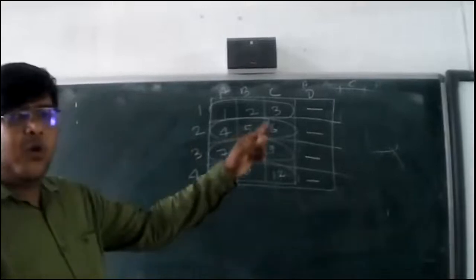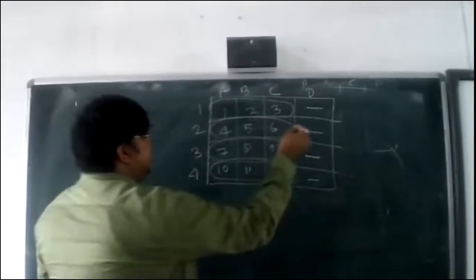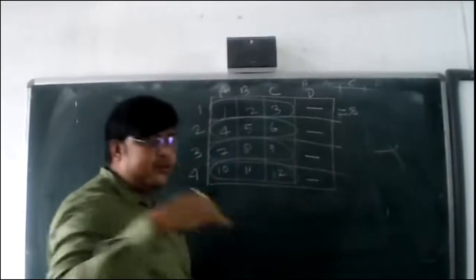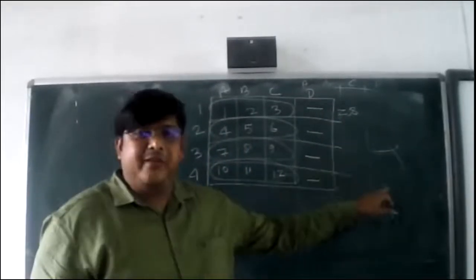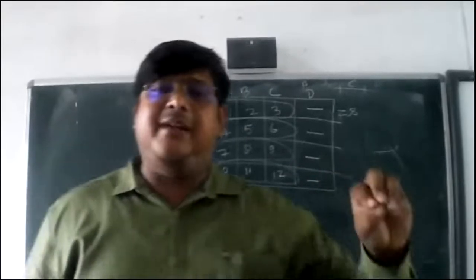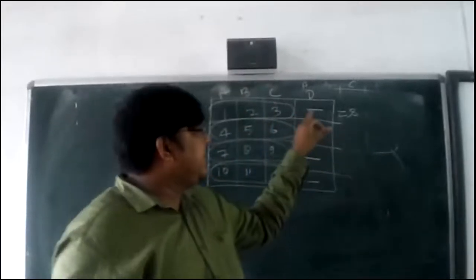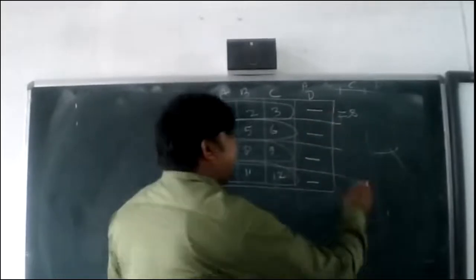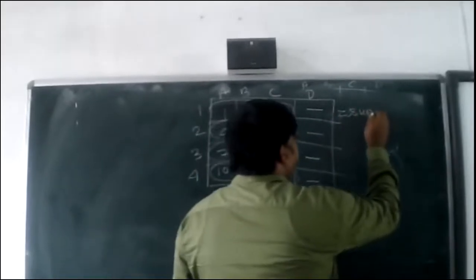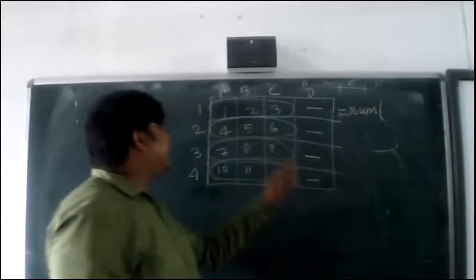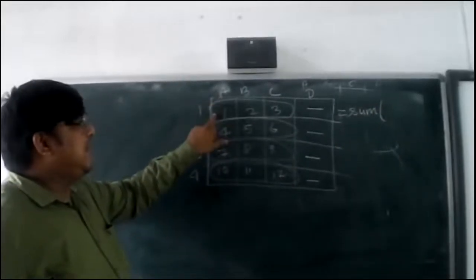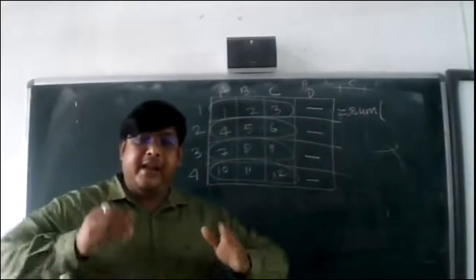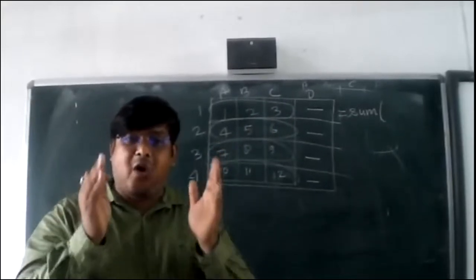So here, what will I do? I will write equal to sum in this cell, not outside of that cell. Where we want the result, there we will click. So I want to get the result in this cell, so I will click here and then write equal to sum. What is the starting address? A1. What is the last address? C3. And from A1 to C3, I want to get all the values.